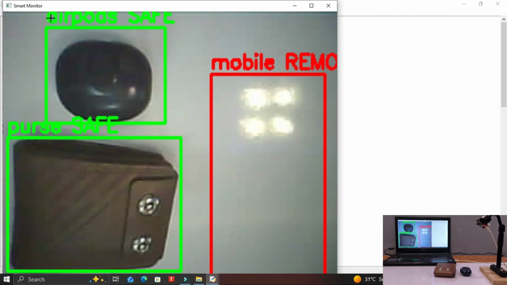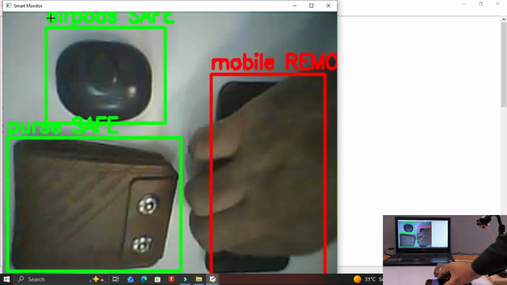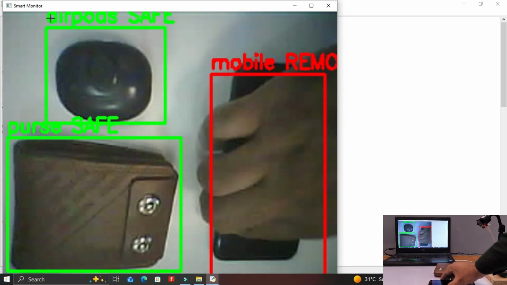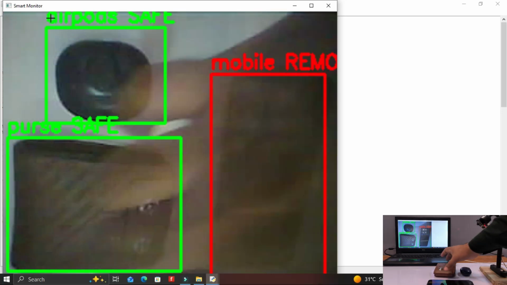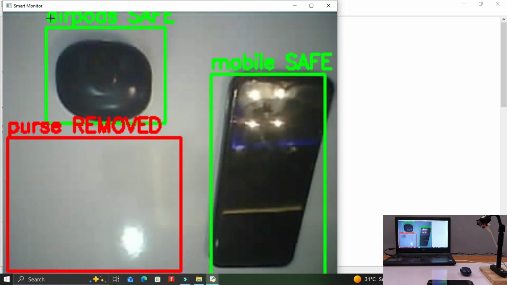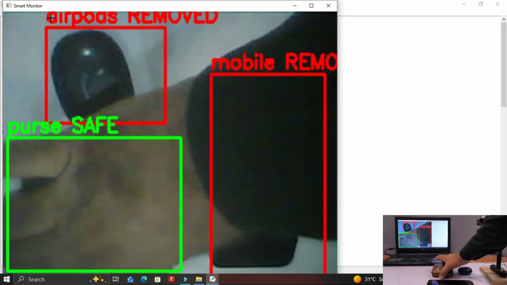Each selected rectangle or monitoring zone works independently, meaning the system checks every object separately. If one object is removed, only that specific zone triggers an alert, while the others continue showing safe. This allows you to monitor multiple valuable objects at the same time using a single ESP32-CAM. For example, you can place one camera in front of a desk and monitor a mobile phone, AirPods, purse, and